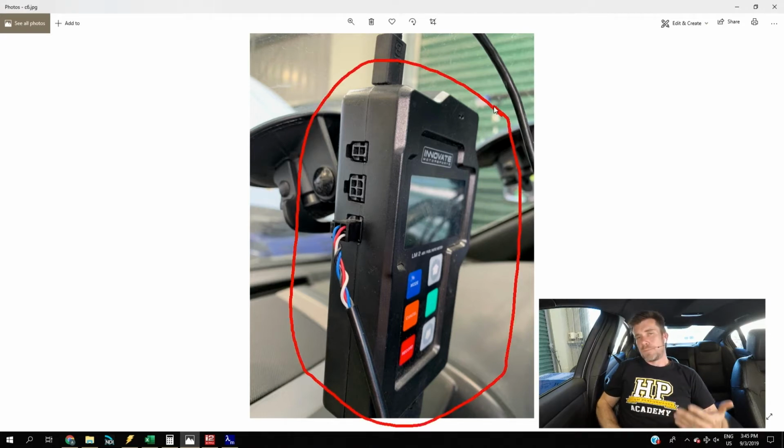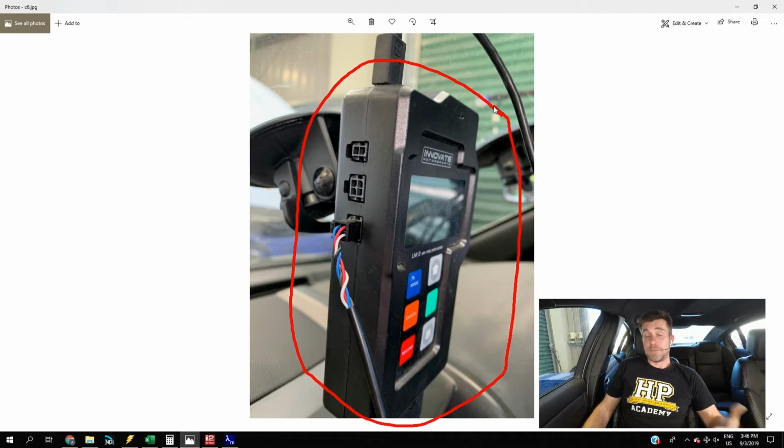This is probably my wideband of choice, and I know there's a lot of people out there who actually don't like the Innovate product. I hear a lot of people complain about reliability problems with the Innovate LM2. Personally, I haven't seen this issue. I've used these through my career here at HPA, as well as for probably 10 years while I was running my professional workshop, and I had great results from them.